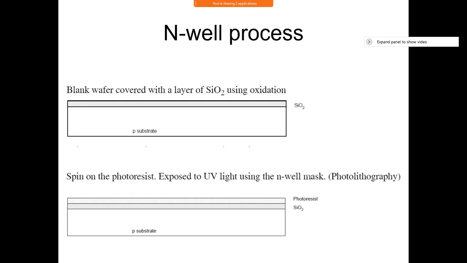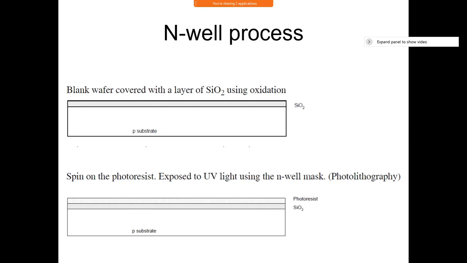This, of course, CMOS can be realized in three different ways. One is N-well process, other one is P-well process, next one is twin tub. Can you just differentiate between N-well and P-well? Why is it called N-well, what may be the counterpart of it, that is P-well, and what do you mean by this twin tub process?